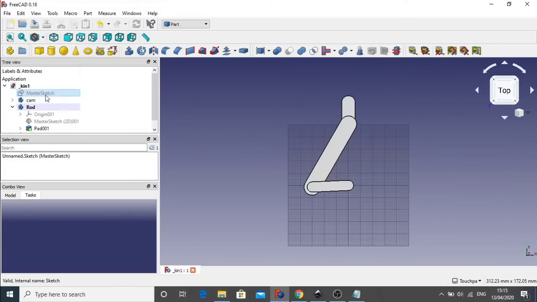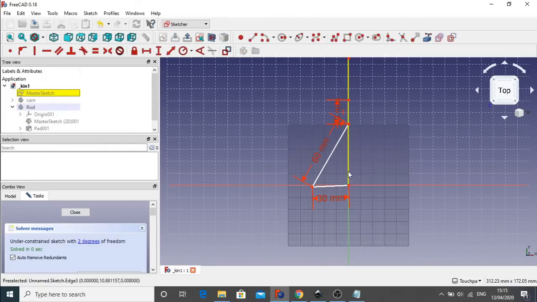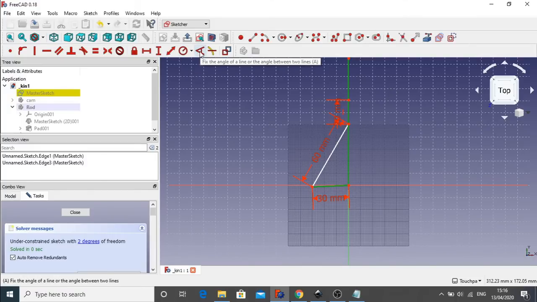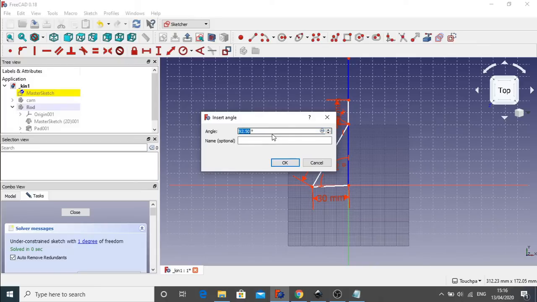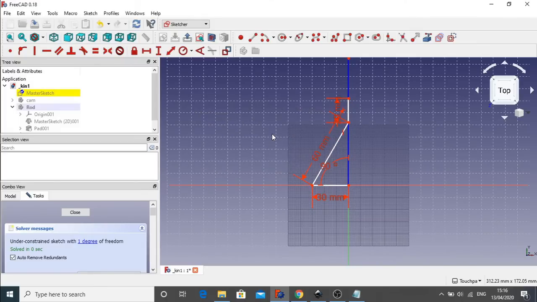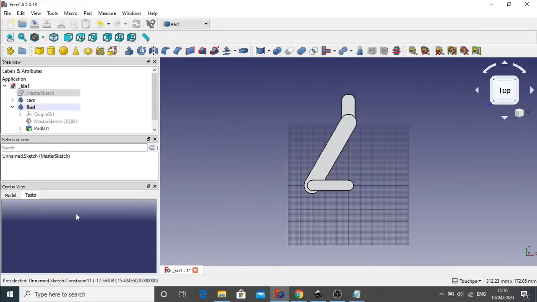So I'm going to go over to the master sketch, and I want to add a constraint in here that will be manipulated by the Python macro itself. So I want to put a degree constraint here. Clicking on the two sides, I'm going to hit fix that angle with a line between 2 points, and for the time being I'm going to set this 90 degrees. So that's got a constraint there of 90 degrees, and what that allows us to do, if I close out of here and I'll go into my